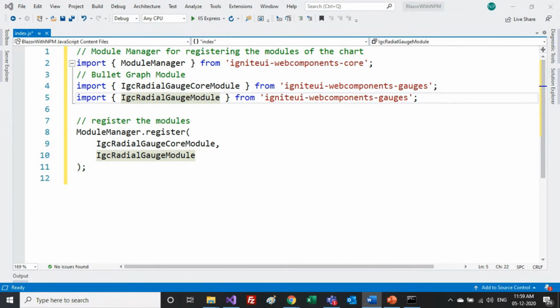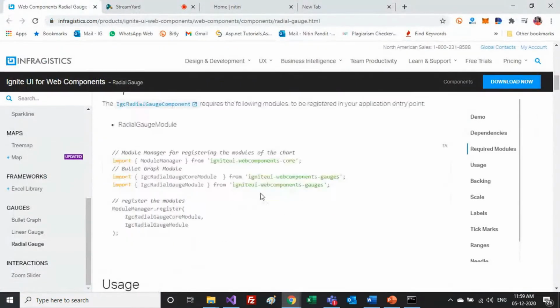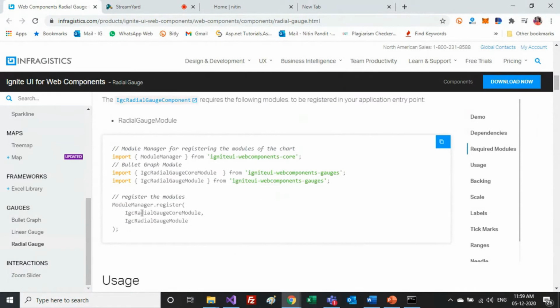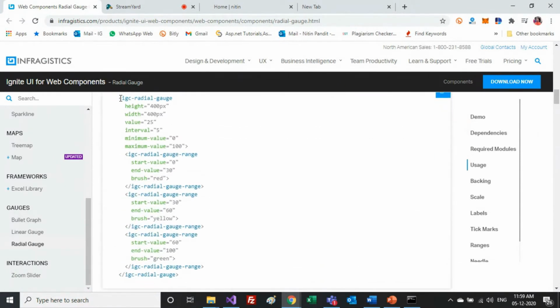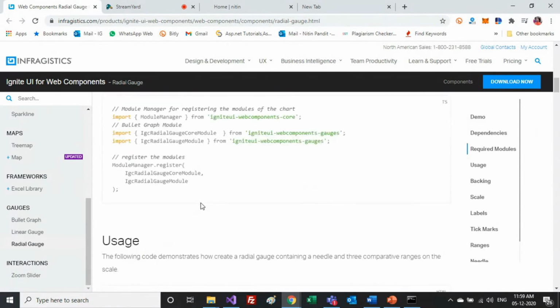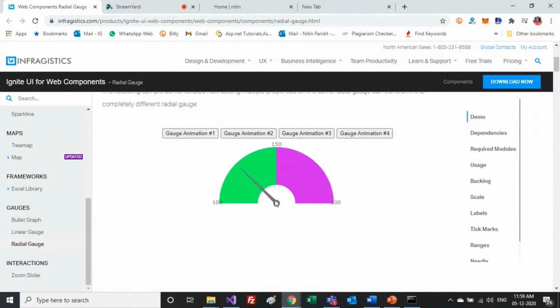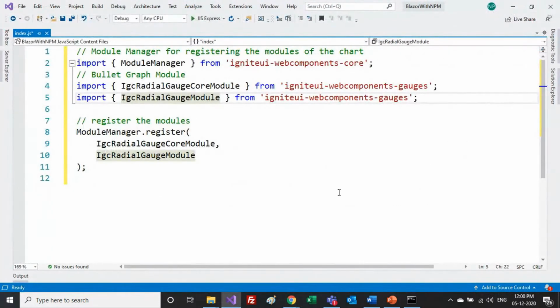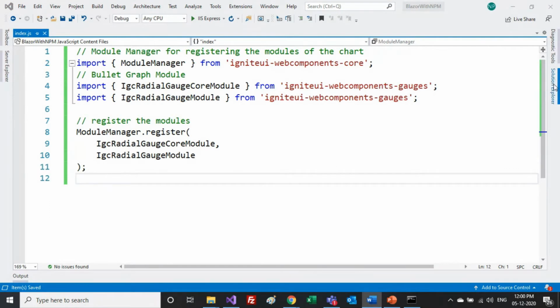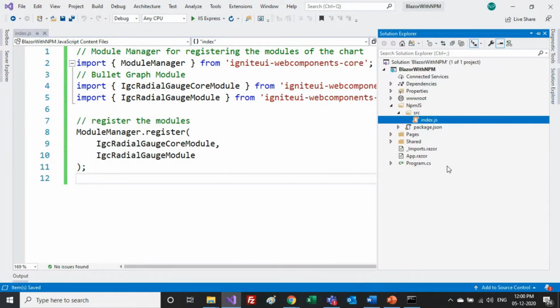Now what you want is simply the code. For that, you can visit the official documentation to see how it looks. As you can see, this is the code that you need to show this kind of animation or these screens in your Blazor application. I have a file here where I want to use it. Now you have two options. First, you can either create a new Blazor component, or you can specify the gauge over there.